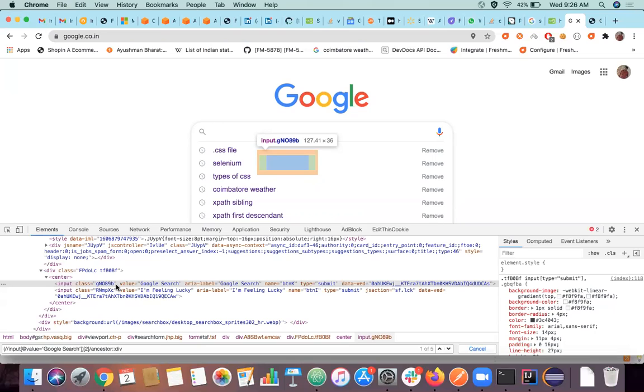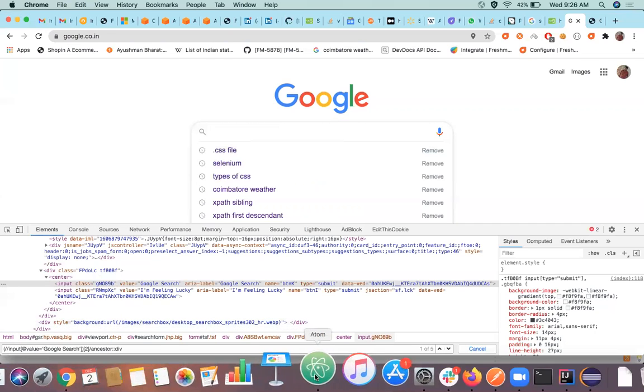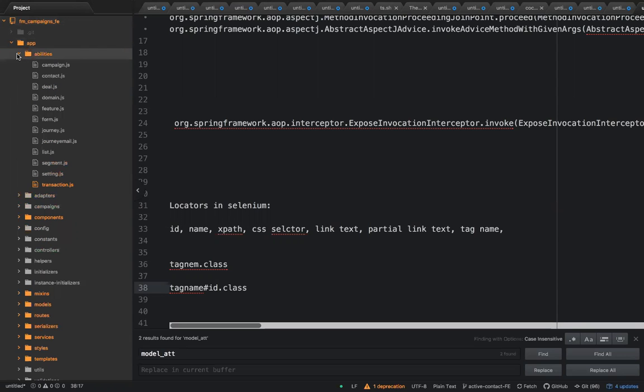So nowadays, as I said previously, modern frameworks generally don't encourage putting IDs. Developers can put them, but it's a very hard task for developers also, because they have to find each and every element in the framework and put a particular ID there, right? Nowadays with frameworks, maybe I'll show some examples. This is a front-end framework which we are using. We are using Ember.js actually, right? Now, if you see this structure,